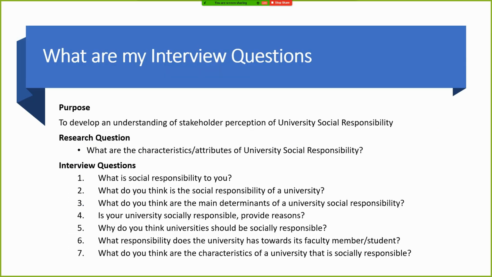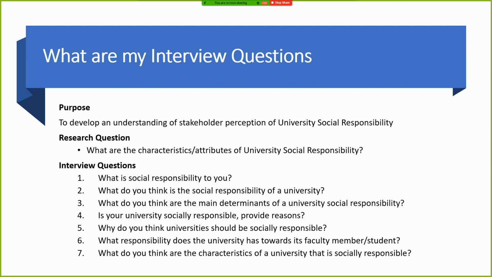So, what are my interview questions? One of the problems that I have witnessed during the course of qualitative research is that people do not ask the right interview questions. They fail to understand from where your interview questions come. The first thing that you should do in any kind of research, be it quantitative or qualitative,